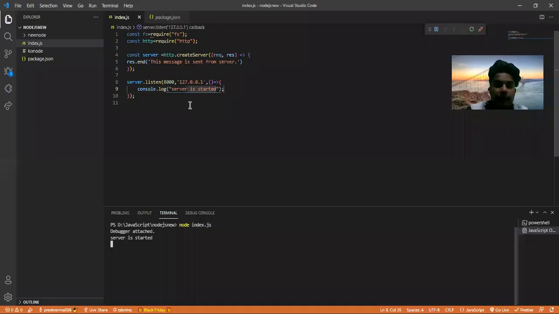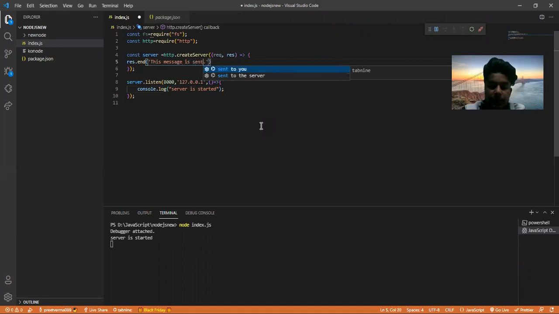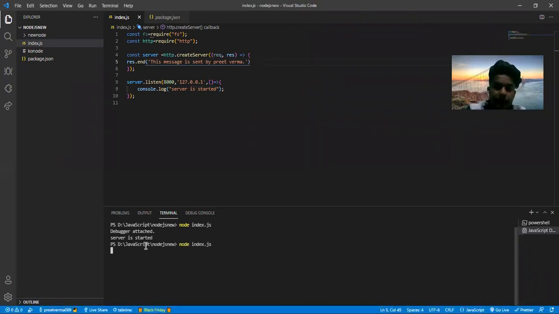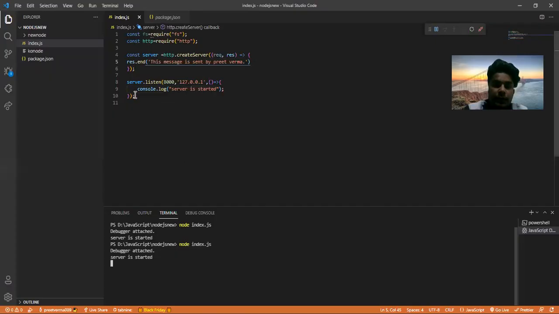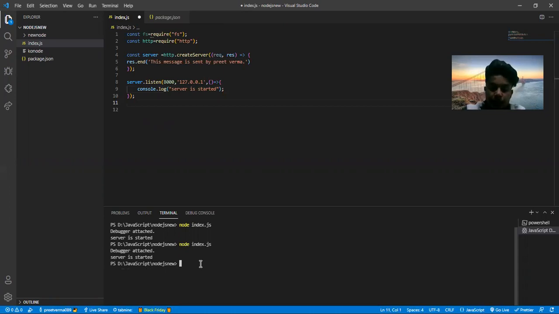After that, if we change any message, change this message. This message is sent by Great Pharma. We use control S, then we again restart the server. Now we go to our server, it will show. This is a huge time-taking process. So if we use any tool which reduces our execution time, we use